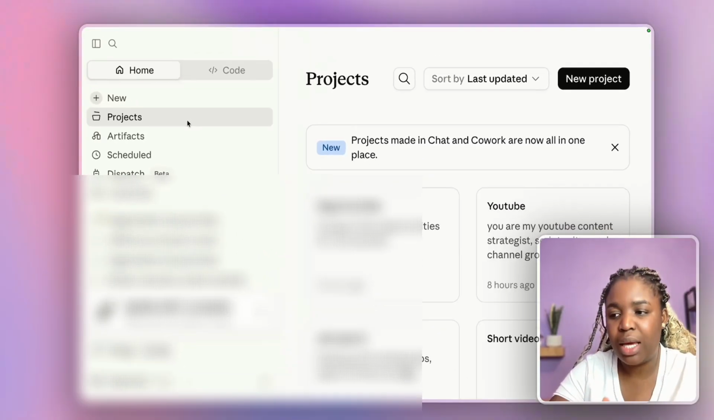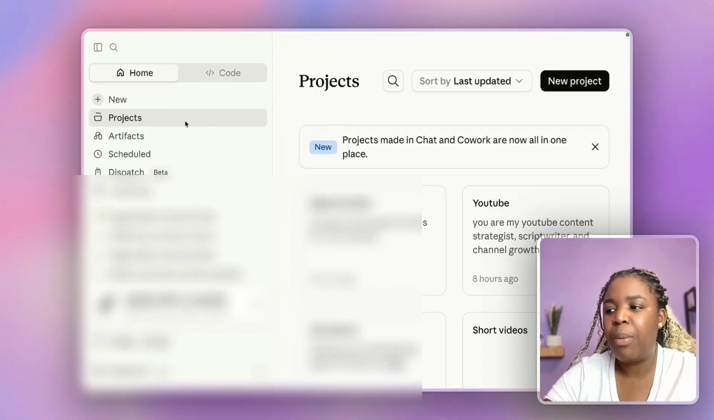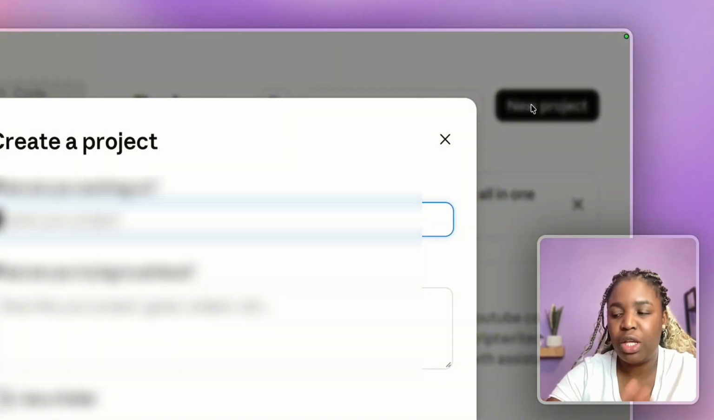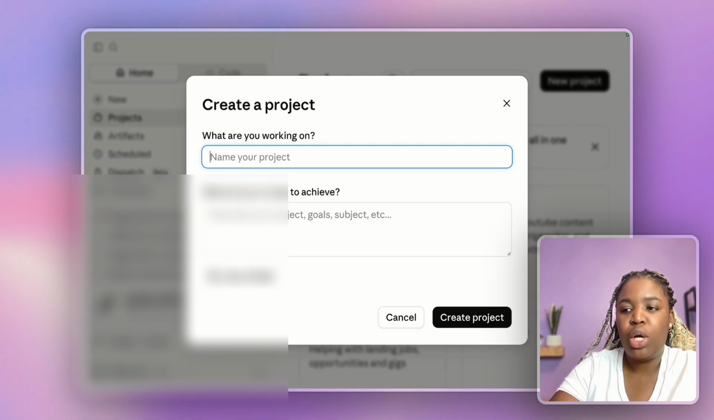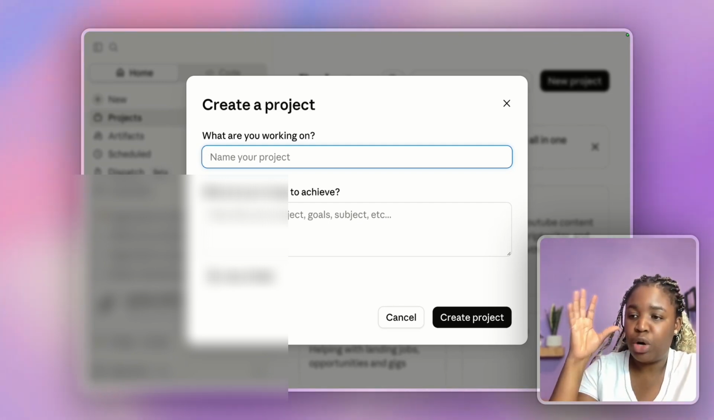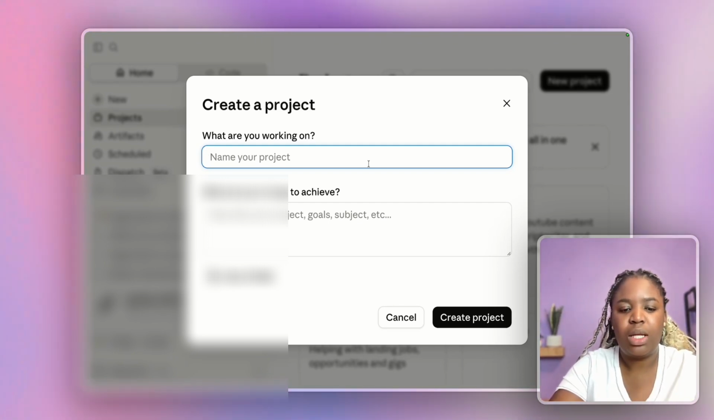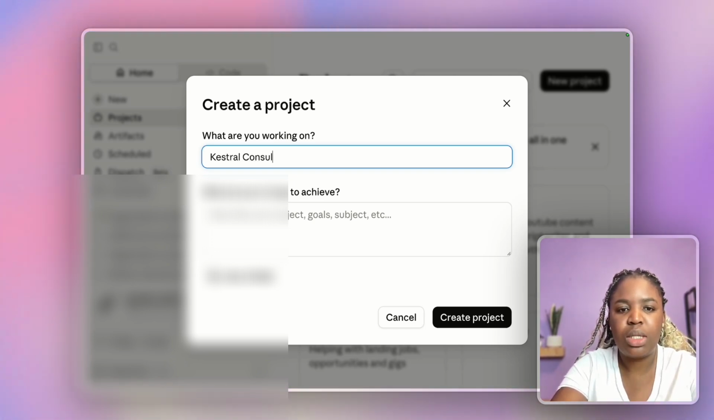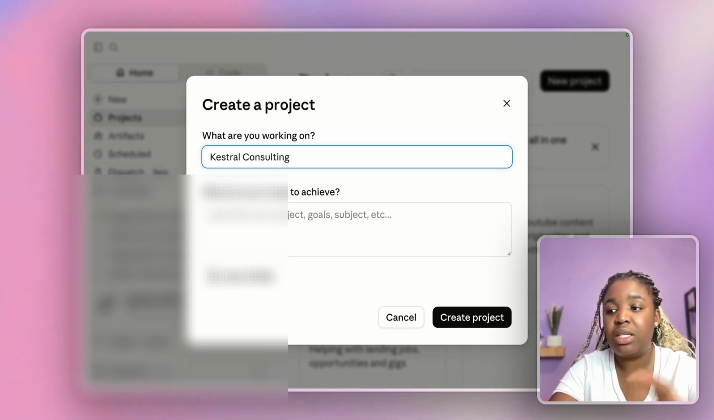But then projects is where everything comes together, right? A project is different. A project is like a workspace that actually remembers every single thing you do, right? So you can basically have a project for every client you have. Let's say I have a client called Kestrel Consulting, so you can have a project for every single client you